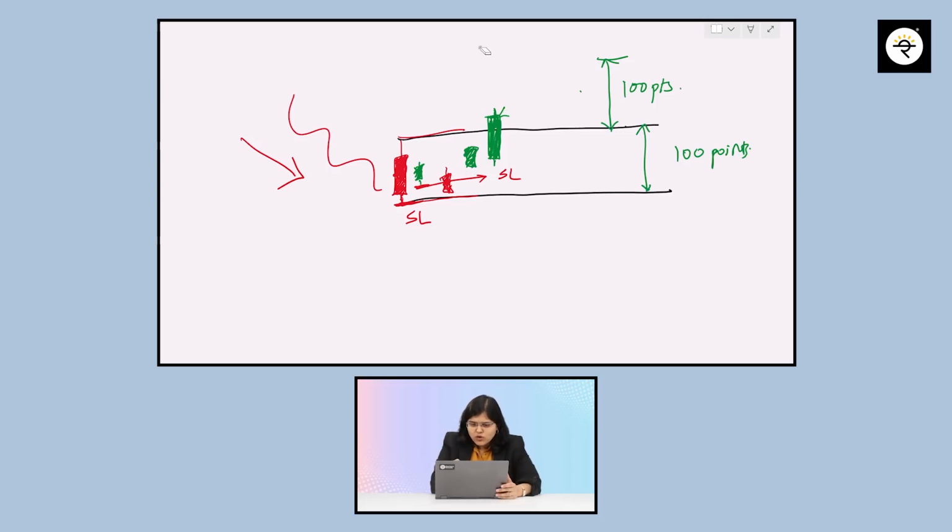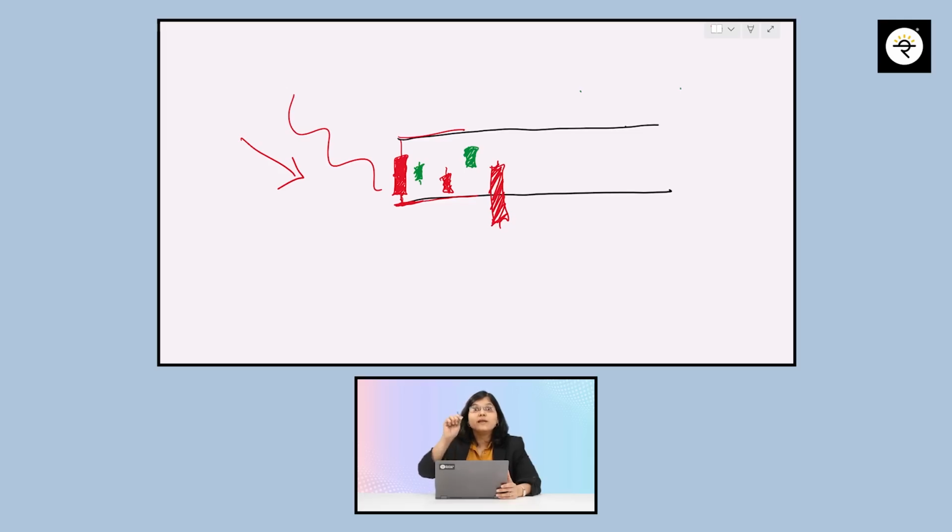Now downside though, you should be able to guide me now. Quickly, let's try and do it on a downward side now. So let's say that there was a breakdown. So what happened here? Let's say this was a breakdown here as an example number 2, right? So ideally, tell me entry. So this will be like a short sell. So here we'll have an entry. What is the ideal target? Same, assume this is 100 points. So 100 points from here will be my target.